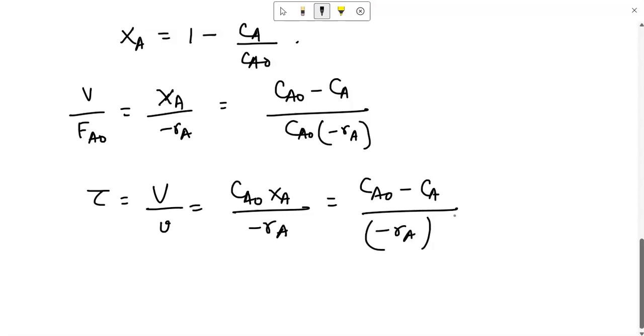Now these expressions are simply relating these terms: Xa, Fa0, V and minus Ra, like I said. So if you know any three of the above, you can find the fourth one. In most cases where you are designing a reactor, the size of the reactor is required for a given conversion from the reactor. And in kinetic studies, each steady state run gives the reaction rate for the conditions